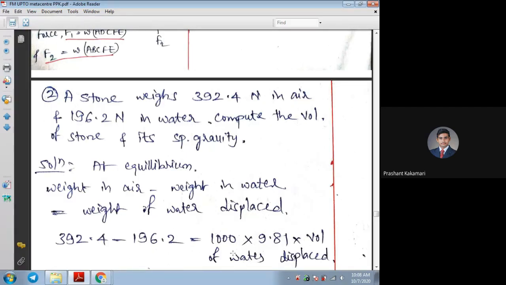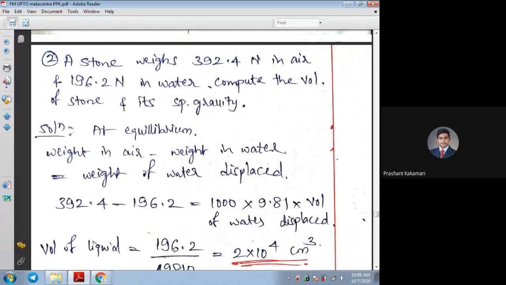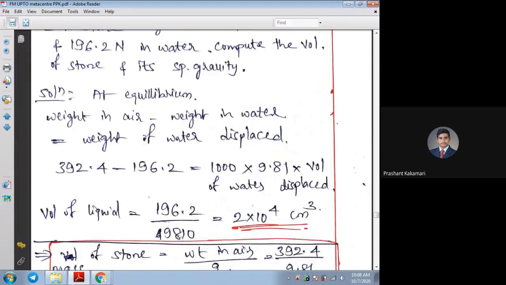So after substituting these values, the volume of the water that is displaced is nothing but the volume of the stone itself. That volume is coming around 2 into 10 raised to 4 centimeter cube. If you want to find out in other units, you can find it. So 2 into 10 raised to 4 centimeter cube it is. You can assume any shape of the given volume of liquid or volume of stone. Okay, same volume of the stone,